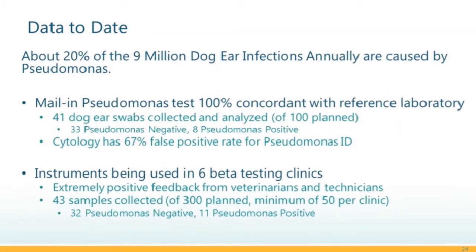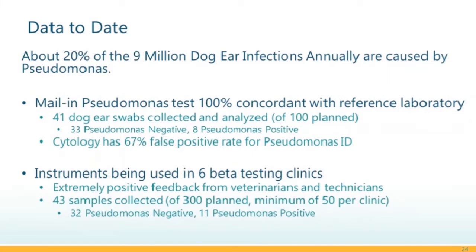And Pseudomonas is the worst actor because it's very virulent, and if the infection is being caused by Pseudomonas, it turns into a chronic or recurring infection very, very easily. So over 50% of recurring and chronic infections were caused by Pseudomonas. They also actually changed the physiology of a dog ear so that eventually the dog needs surgery if the infections